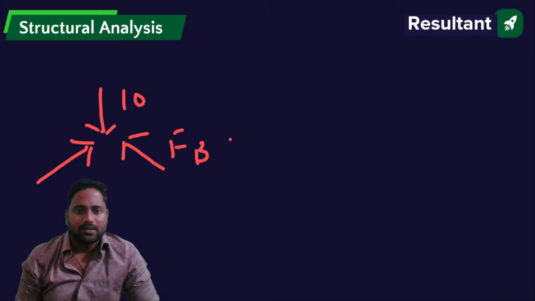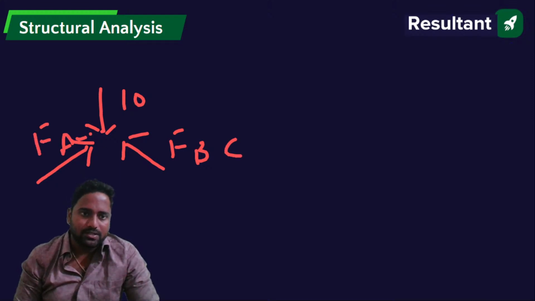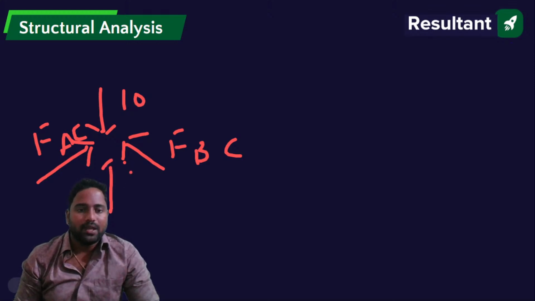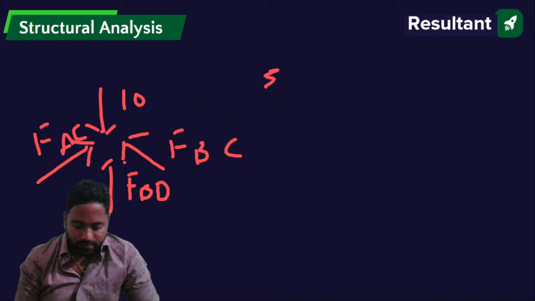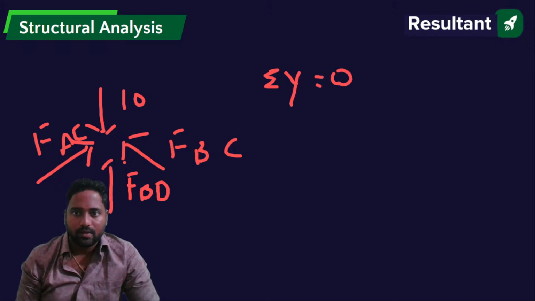See, I don't know the directions, I'm just assuming the directions. Finally, I'll correct it. Anyway, FBD equals 0. Now if I take the summation of forces in y direction equals 0,